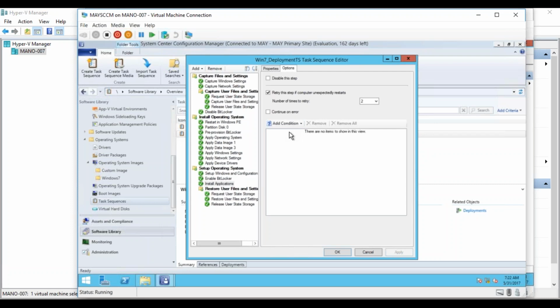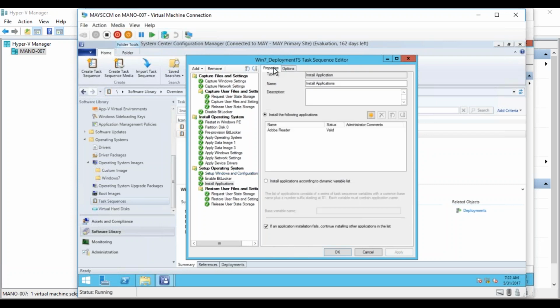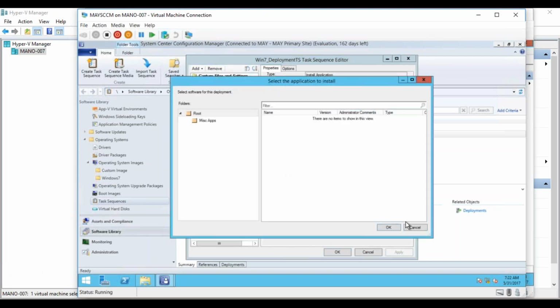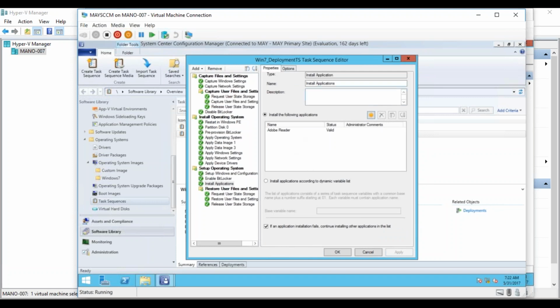So based on that condition, only Adobe Reader, or if you have a set of applications, say suppose you have some 10 applications, you just keep on adding all those 10 applications one after the other. So after all those 10 applications, you'll put install HR applications, right? Similarly, you will create one more, copy paste, you'll say install IT applications, right? Like this you can create multiple